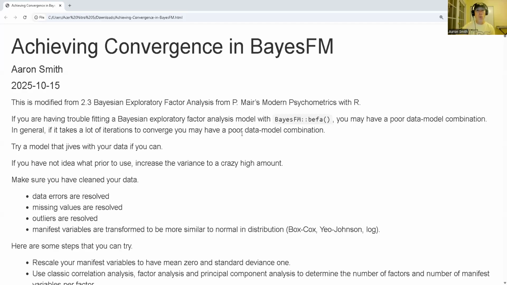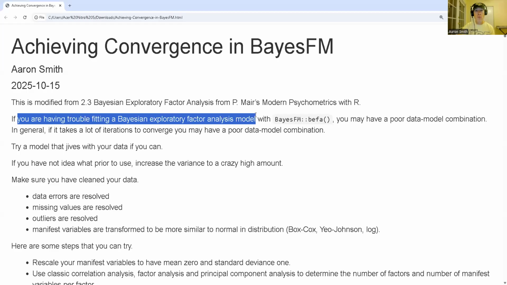All right, so I'm going to take the code from 2.3 Bayesian factor analysis from Modern Psychometrics with R. I've got another video covering the code here. But here we're only focused on getting things to converge. What can I do? If you're having trouble getting a Bayesian